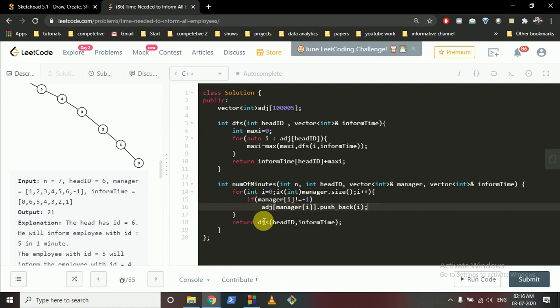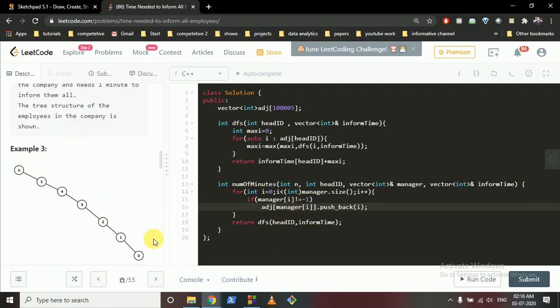And then we will run the DFS from the head ID, because the message goes from the head to all its subordinates, and we will also send the inform time, how much time it will take for that person to tell all its subordinates. Then we will do a DFS call, and we will find out the maximum among all its children. So we will iterate over the adjacency list of the head or the person, the manager, and we'll find out the maximum among the DFS of all its children, and then we will return